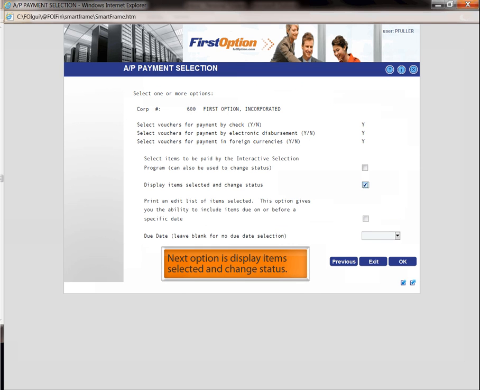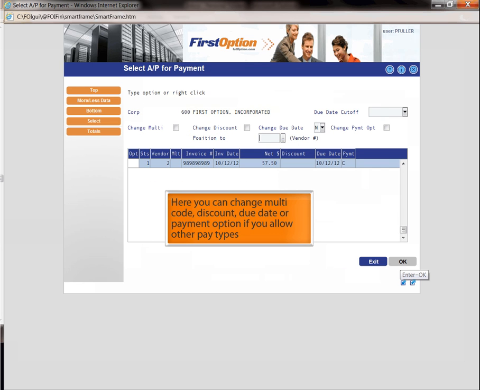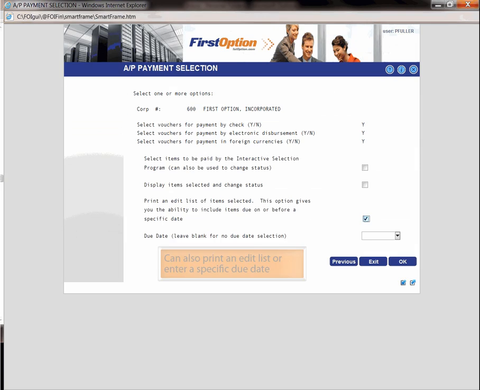Back at our check selection screen, the next option is Display Items Selected and Change Status. Here you can change multi-code, discount, due date or payment option if you allow other pay types. Lastly, you can choose to print an edit list or enter a